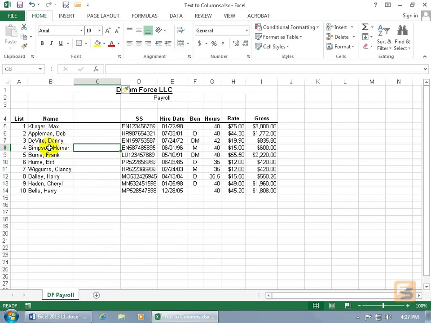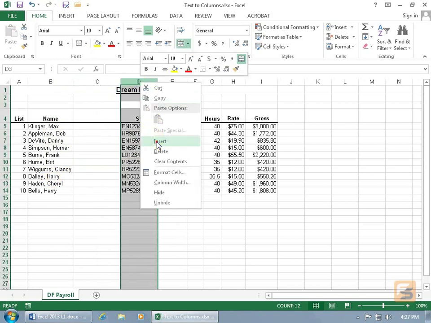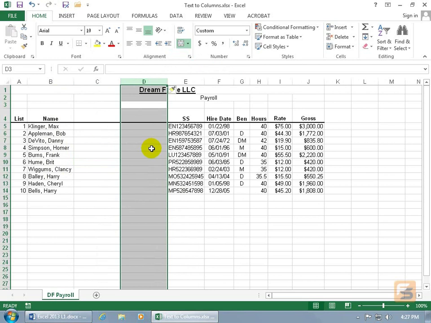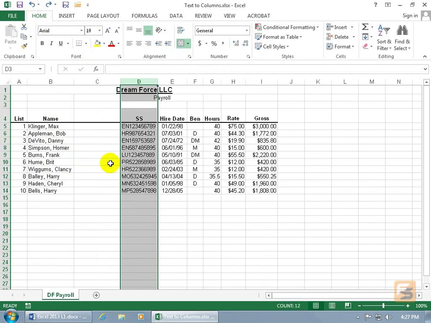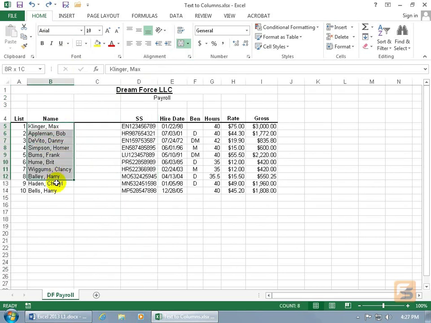Or if I want to keep this as the full name, this column is last name, and then I'd right-click to insert another column for the first name. I can do that. I'm going to go ahead and hit undo because I'm just going to have it as last and first. In any case, to use this feature, select the range of data that you want to break up,